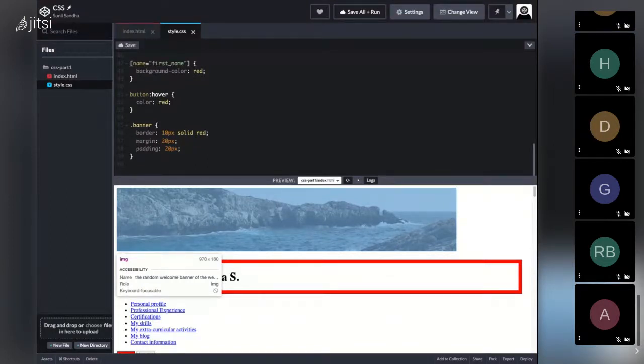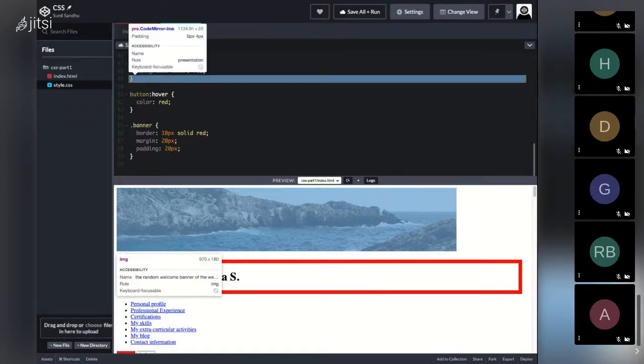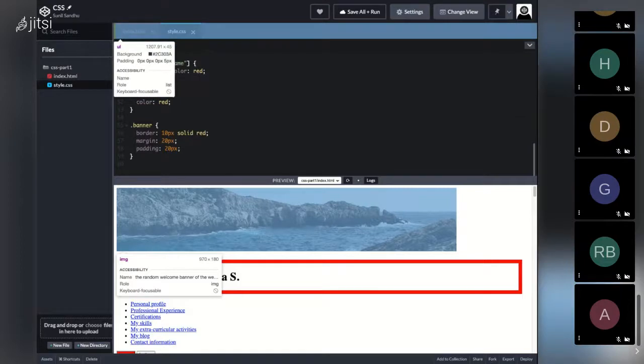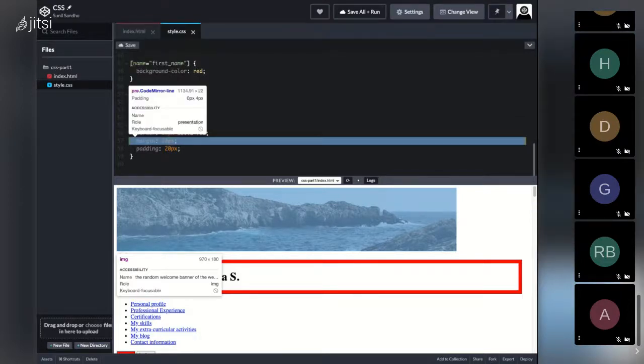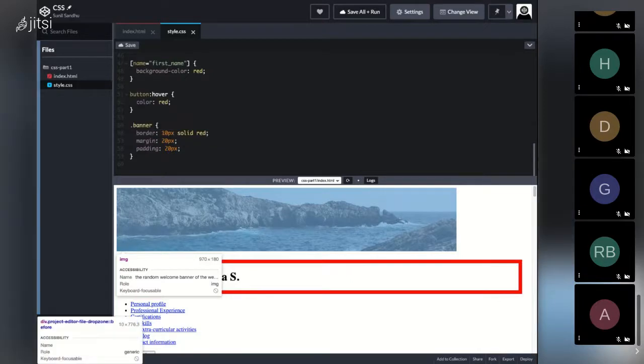But the reason why I wanted to just spend a moment talking about the sizing differences is, oh wait, sorry, someone's just messaged me. Okay,